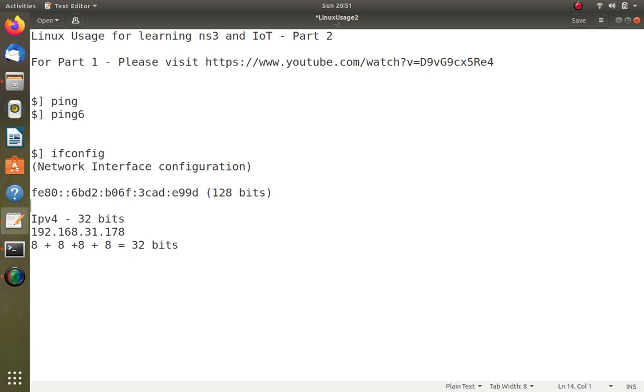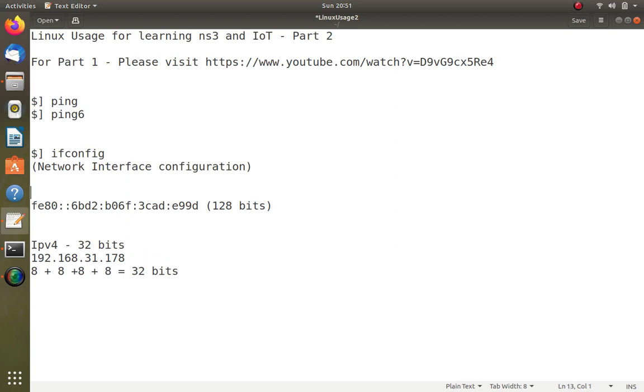But IP version 6 is 16 bits per group, with 8 groups, so 16 times 8 equals 128 bits. Here you can see four characters in each group, and only 5 groups are shown. Five sections means only 80 bits are there. So what happens to the remaining 48 bits?